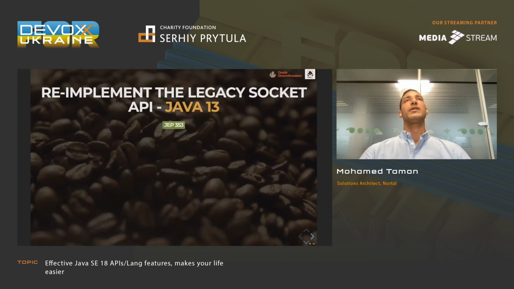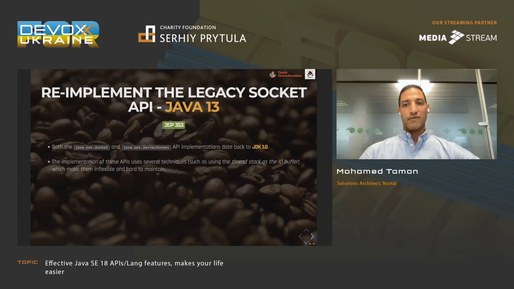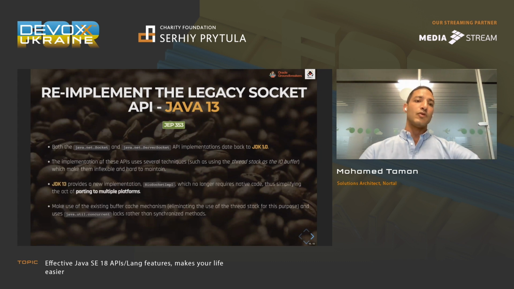So definitely, since Java 13, all the APIs for networking, for communication, for I/O, for anything related to threading, have been re-implemented. So I don't have to mention all of them. There is a bunch of things that has been implemented to be aligned to Project Loom virtual threads until literally Java 18.